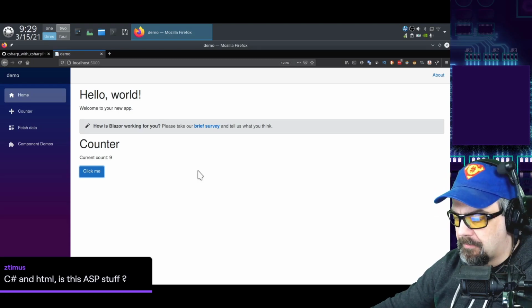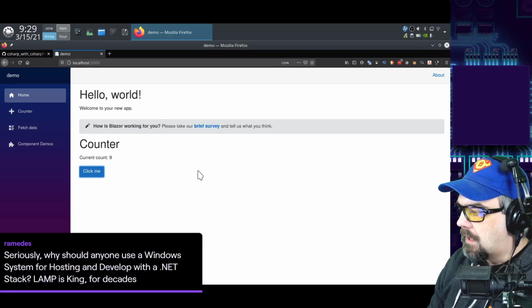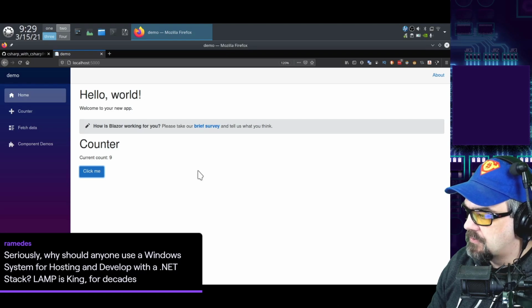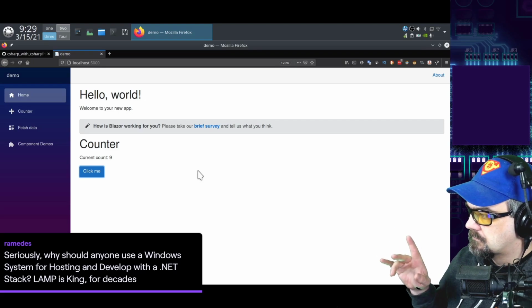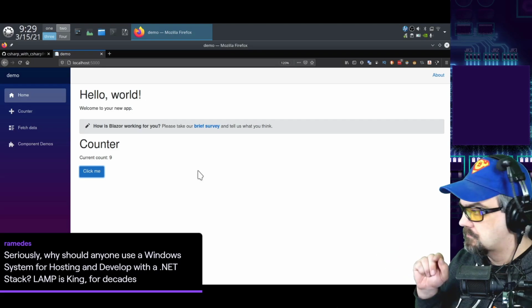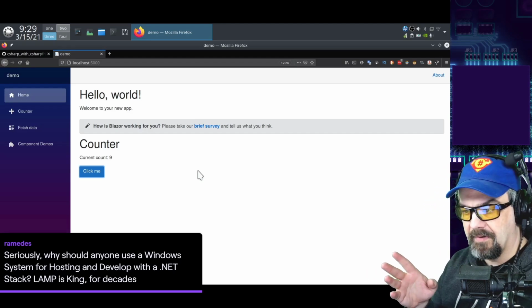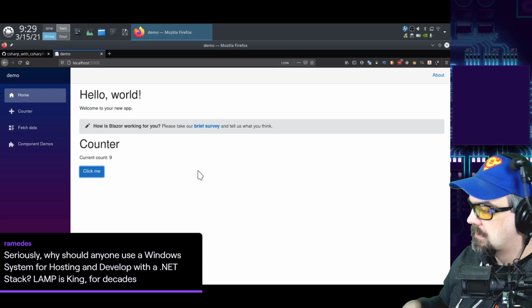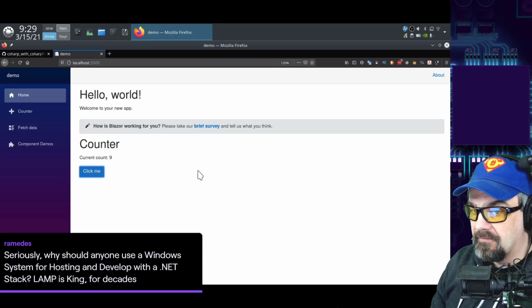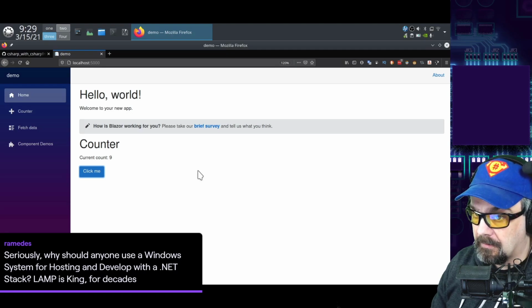So speaking of different operating systems, Ramides has a question here. Why should anyone use a Windows system for hosting and developing with the .NET stack? LAMP is king for decades. To be fair, the internet's been around for 25 years. I wouldn't say decades, but in corporate environments, developing and building on a Windows stack is very popular because it